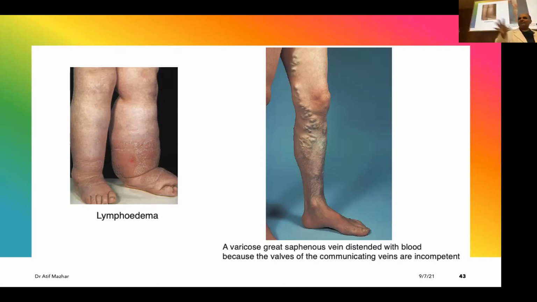And who are the people who get this? Those who stand a lot. Security guards, surgeons, teachers, salespeople, those who have long-standing jobs. Pregnant women, that is a different story because there is a baby inside that is causing pressure, but that's a different story. But right now, they don't need any pregnancy. That's why you have seen that these security guards' jobs are 4 hours, then they are sent back. Then someone else is replacing them.